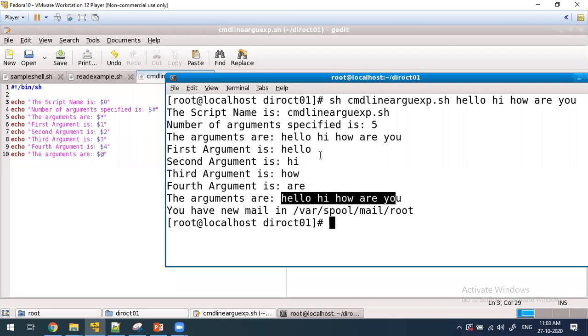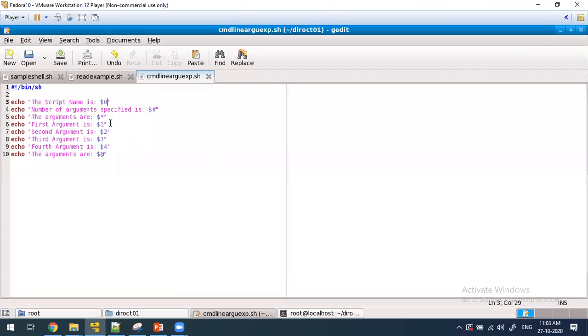That is why the output looks the same. This is how it works. The command line arguments are the positional parameters, $*, $0, $1. In the same way, till $9 you can use. After that, with some special syntax, you have to use the next numbers, $10, 11, 12, 13.